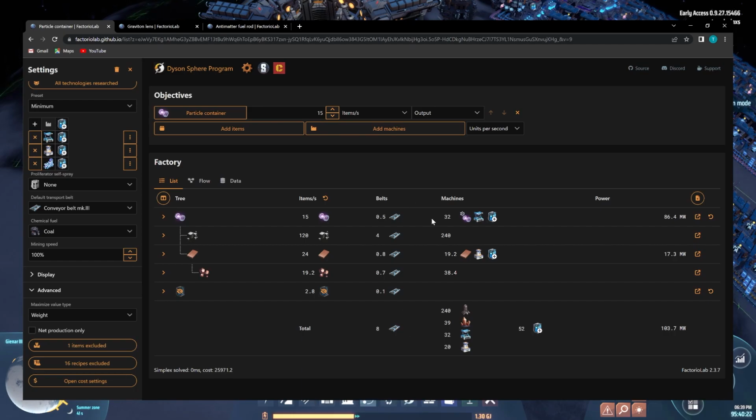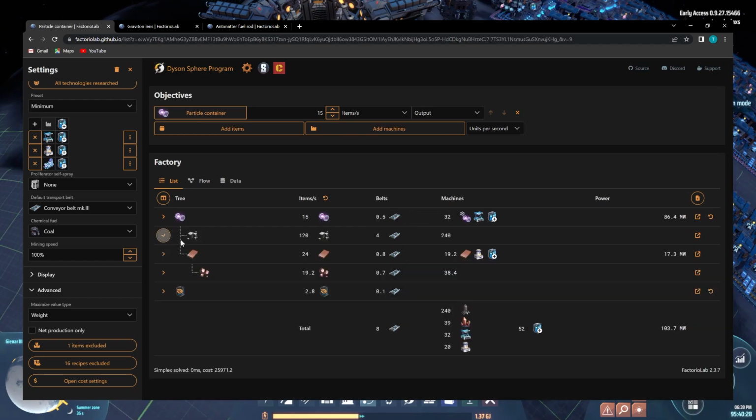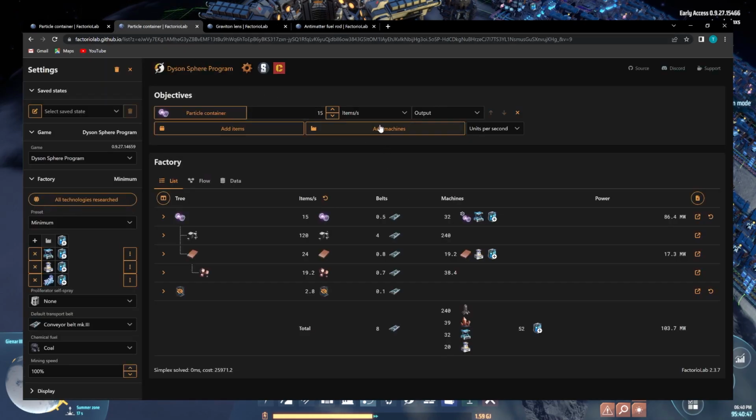So we need, it's going to be a half a belt. So it's going to be 4 belts of the unipolar magnets, and not even a full belt of copper ingots. Okay, I'm going to set this up in a way that will allow future expansion. So if I duplicate this and I say